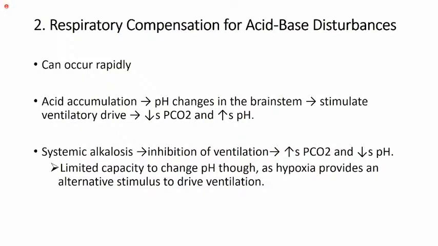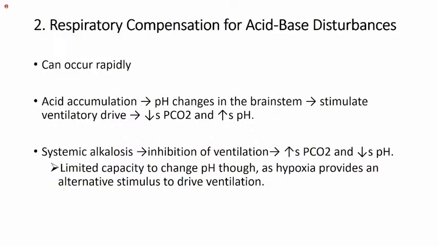So with alkalosis, the pH now is high. It's beyond 7.45, okay? So what happens is that, again, the brainstem will sense this. It will inhibit ventilation so that you're retaining CO2, okay? So that then brings your pH back to within the normal range. However, it's important to note that for this second part, it has a limited capacity to change pH, because as